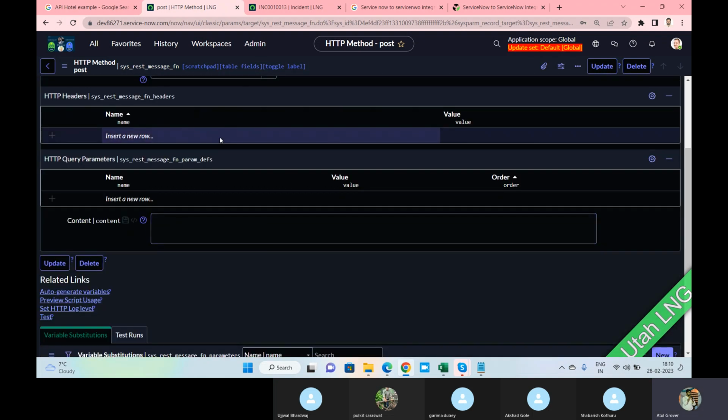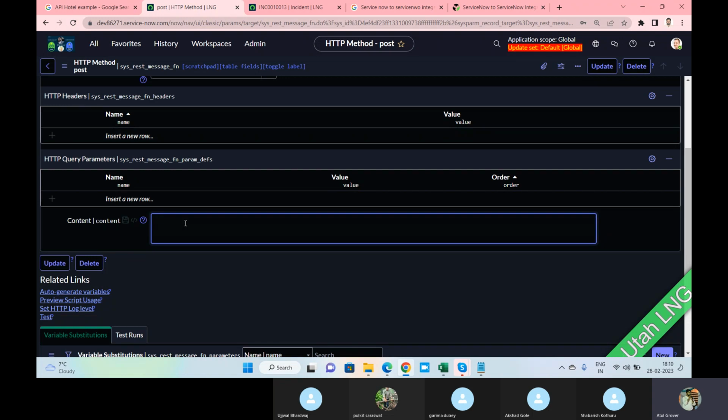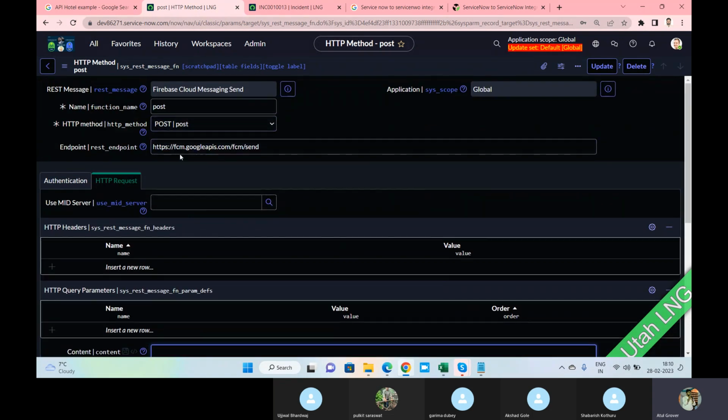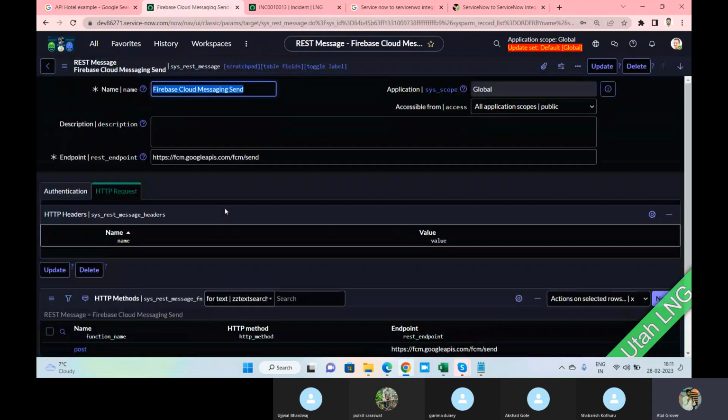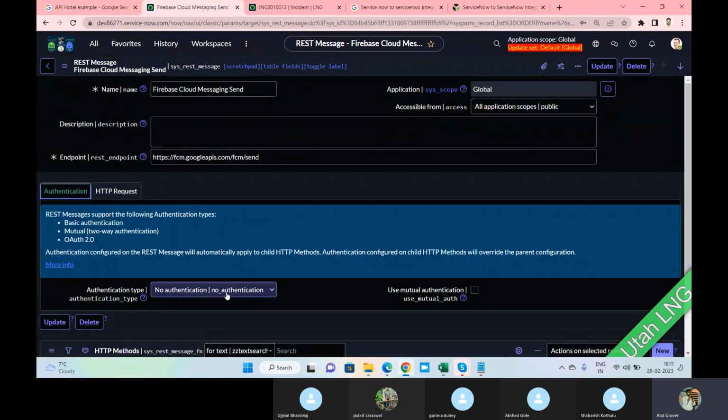You can add the content from ServiceNow. I want to put the description, where it should go, you can put it. So this is for the FCM Google APIs.com. If you have an API for, I can say, WhatsApp, easily you can do it. Because we need only this thing: what is the endpoint URL, what is the authentication I need, that's all. Any authentication they have? No authentication, because it's an open Google API here. Clear.